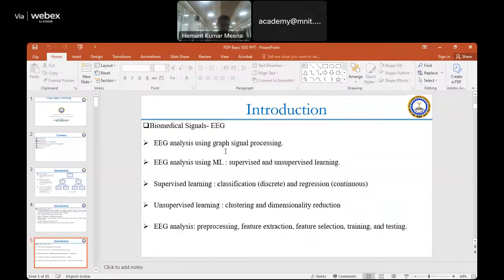It is EEG analysis using graph signal processing. In this part, what we have done is EEG analysis using ML. See, graph signal processing will allow you to extract the features. उससे आपने सिग्नल को रिप्रेजेंट कर दिया, सिग्नल को रिप्रेजेंट करने के बाद आपने उससे फ्रीक्वेंसी डोमेन में कर दिया, फीचर्स आपके निकल गए, but finally when you do the classification, it is basically machine learning that is used. So machine learning is an integrated part